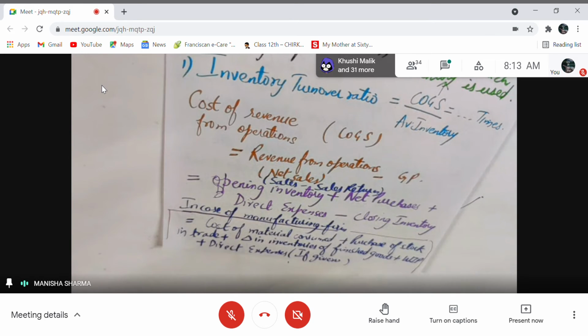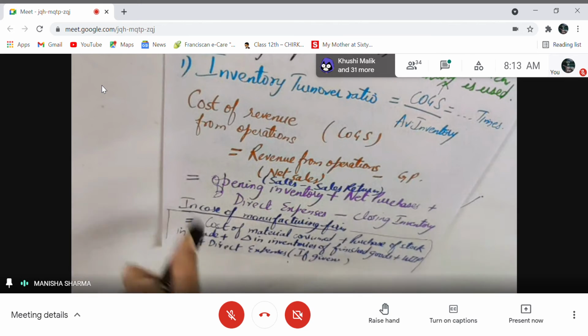And now, since this is a new formula, everyone should note, very important, as according to schedule 3, if we want to take the items of profit and loss account, then the COGS will be different, because if you remember chapter 1, we made profit and loss account according to Schedule 3 of Companies Act 2013, and the terms were different, as we used to make a trading profit and loss account. Heads were different in case of a sole proprietor.